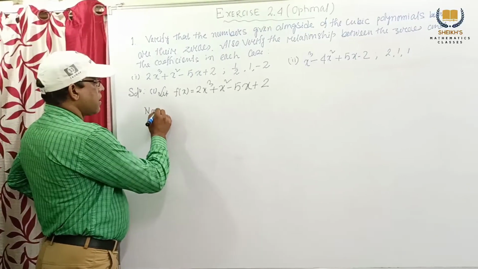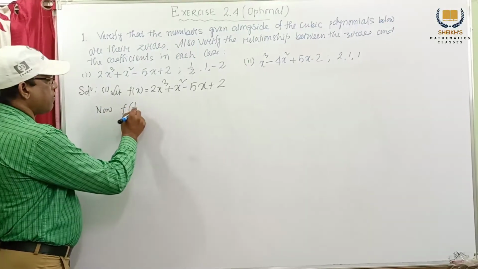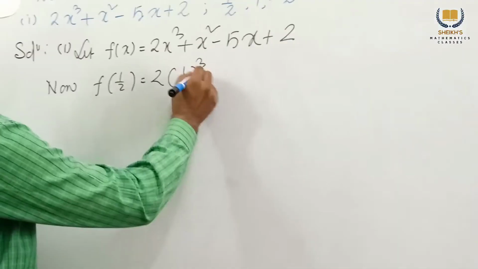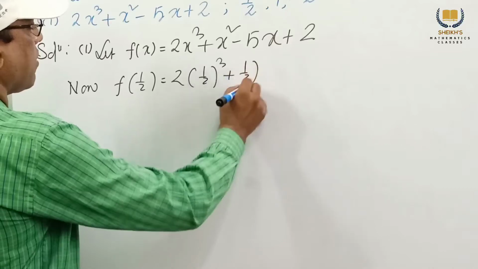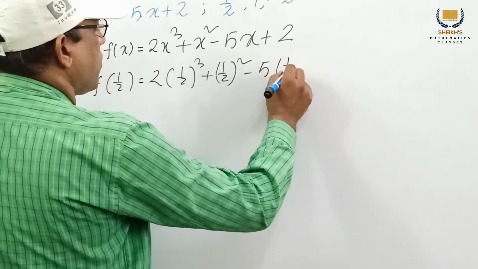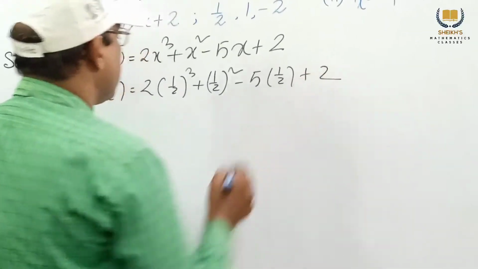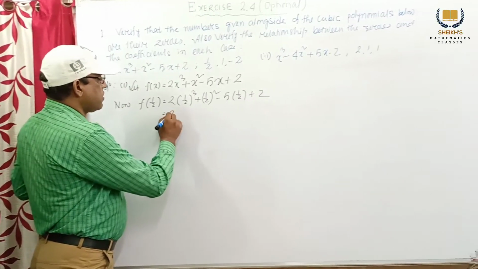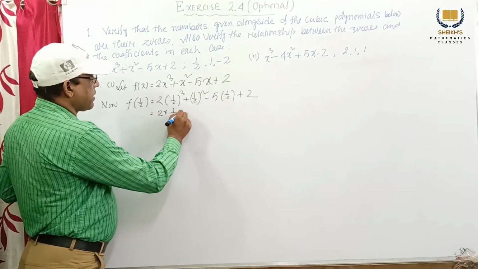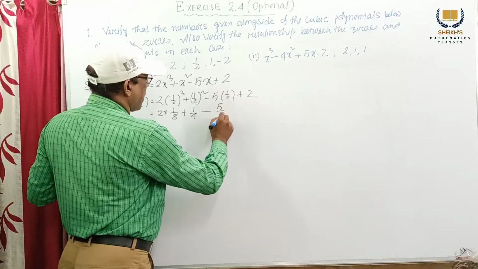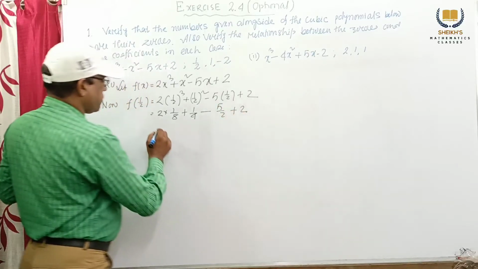Now f of 1 by 2 is 2 into 1 by 2 whole cube plus 1 by 2 whole square minus 5 into 1 by 2 plus 2. Just putting x equal to 1 by 2. This is 2 into 1 by 8,